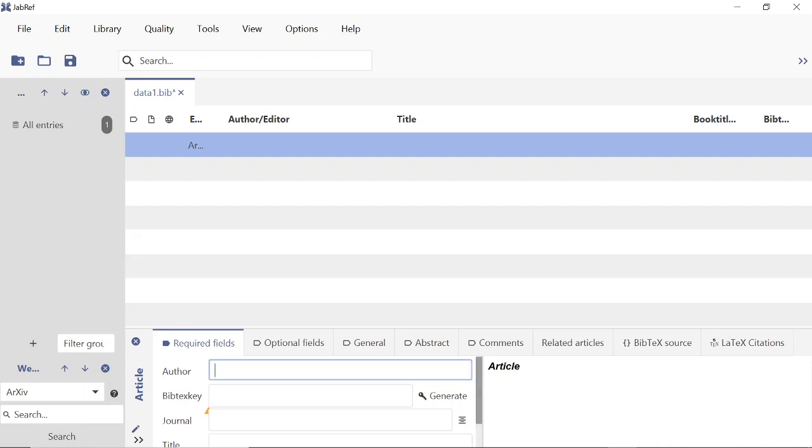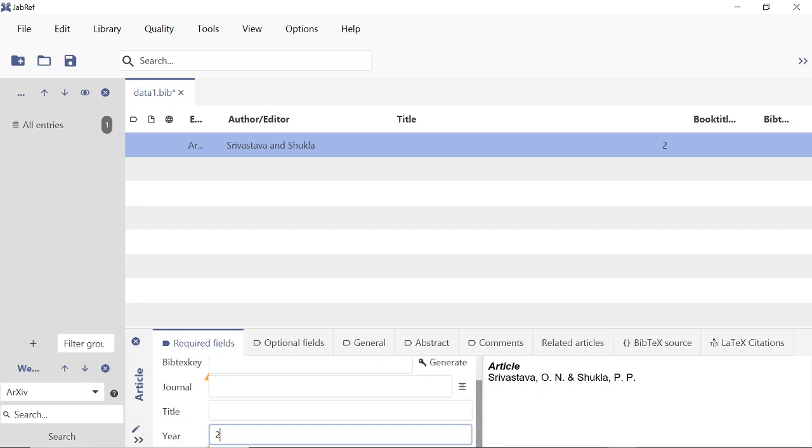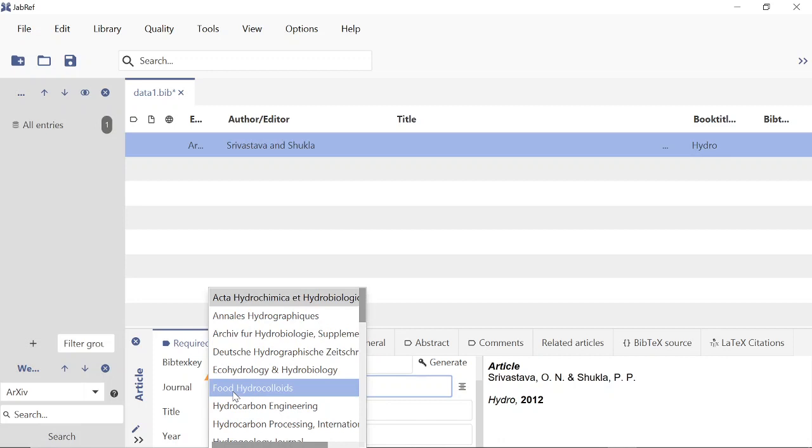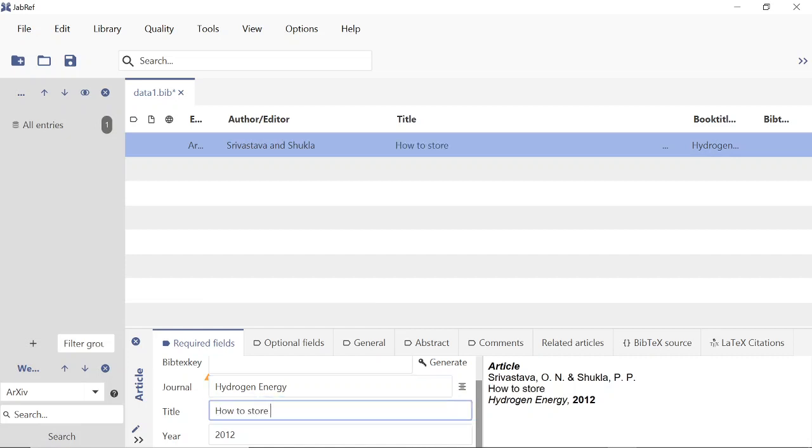So you type the name of the authors. Okay, Omkar Nath Srivastava, like this, and you give a year of publication, 2012, journal's name, okay, hydrogen energy, title of the paper, okay, how to store hydrogen more efficiently.